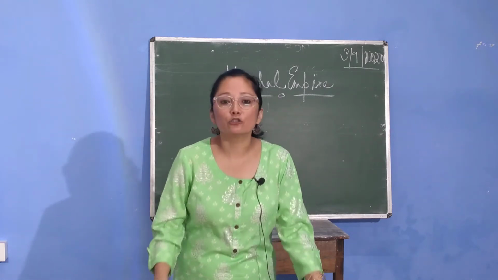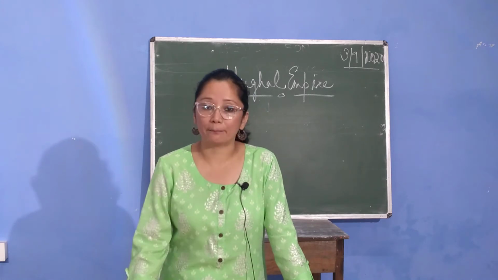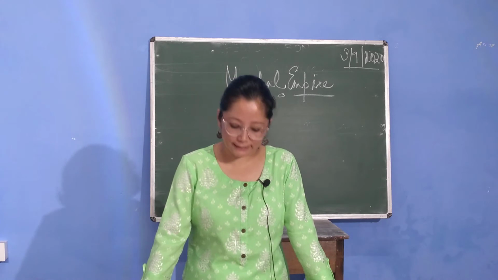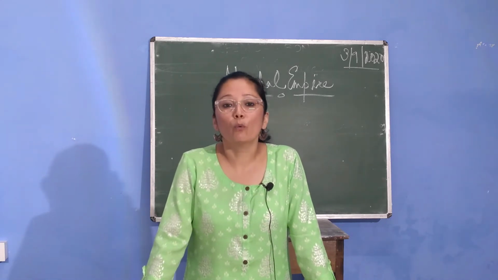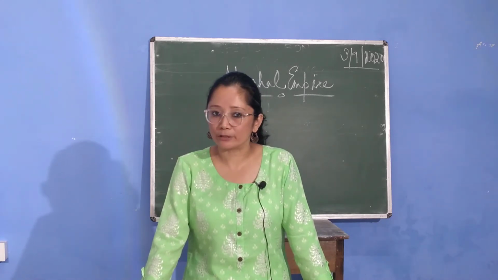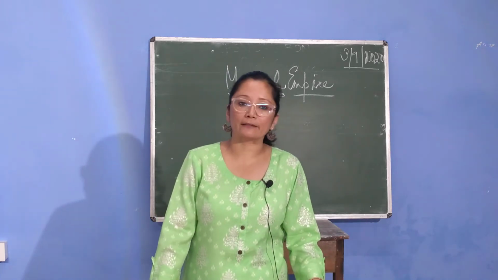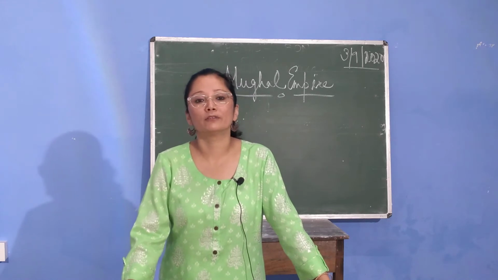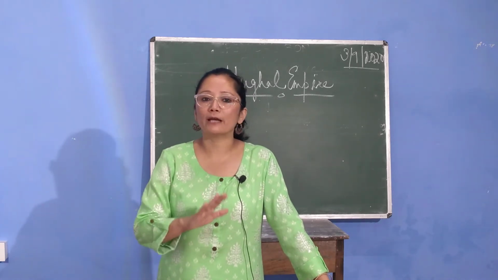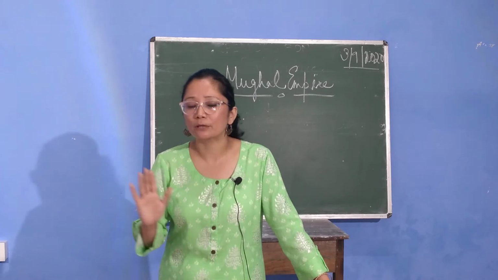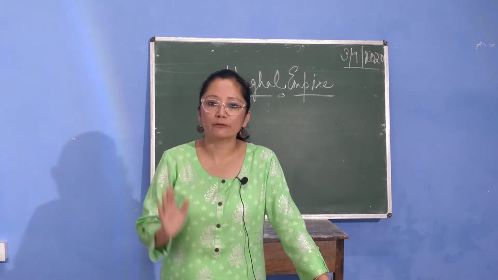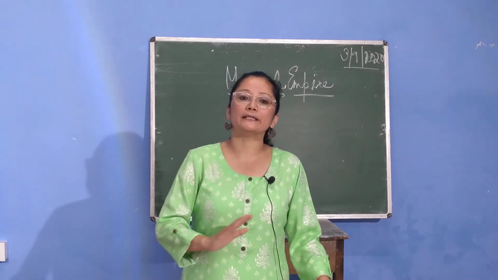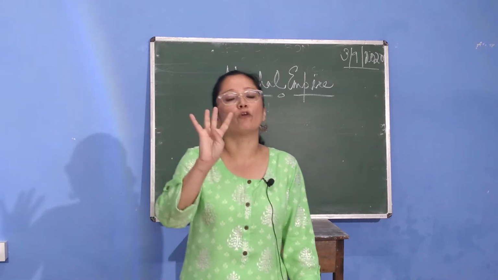Now, if you turn to your textbook, in the Mughal Empire, which is chapter 9, let's first look at the objectives. In this chapter, we will learn about, now in the reduced syllabus, we just have to look at the first point, sources to reconstruct the history of the Mughal Empire. We don't have to study all the sources which are mentioned in the chapter. Let me repeat and remind you once again, you are not expected to study all the sources, just 4.